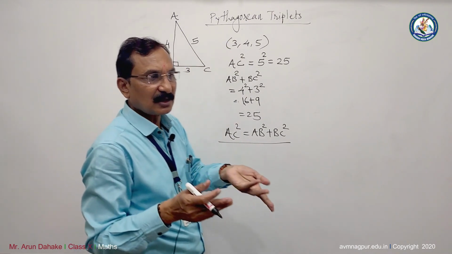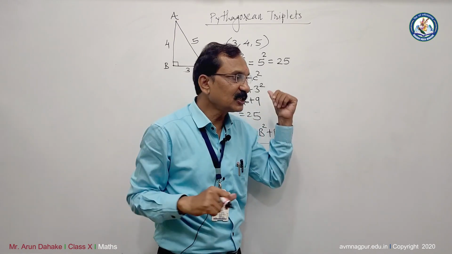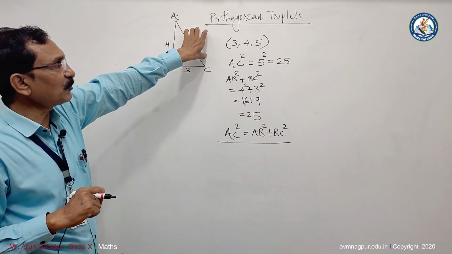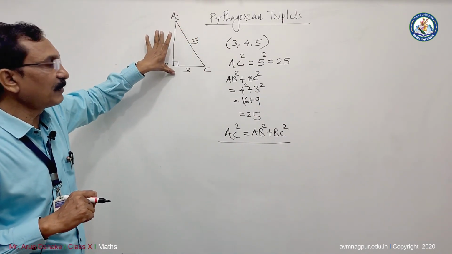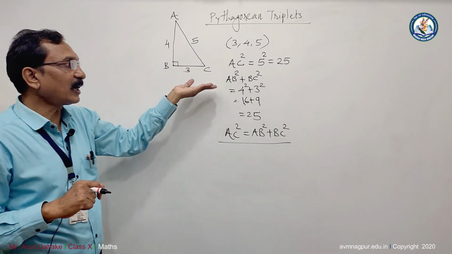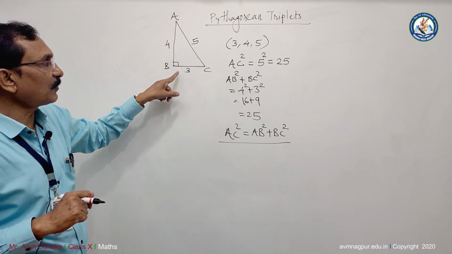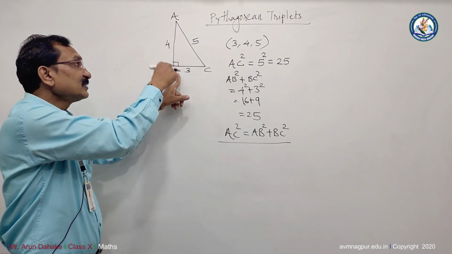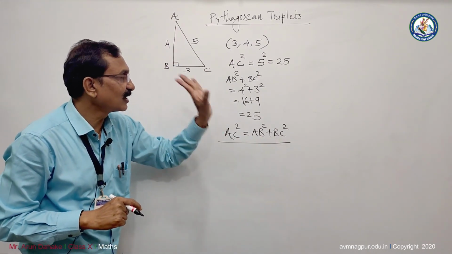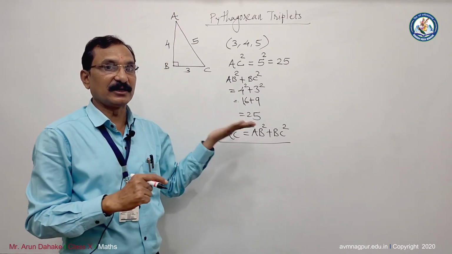There are both parts, the necessary condition and the sufficient condition. What is that necessary condition? We proved the Pythagoras theorem. The necessary condition is that the square of the hypotenuse is equal to the sum of the squares of the remaining two sides in a right angle triangle. But in the converse part, if the hypotenuse square is equal to the sum of the squares of the remaining two sides, then that triangle is a right angle triangle. So that means AC square equal to AB square plus BC square. That means obviously triangle ABC is a right angle triangle. This is the sufficient condition.